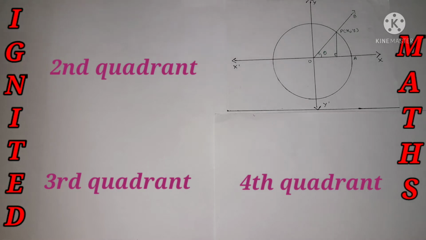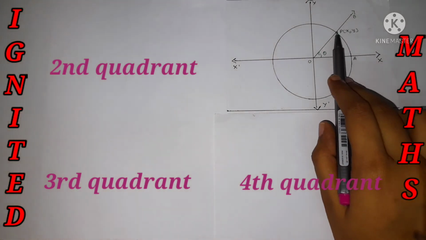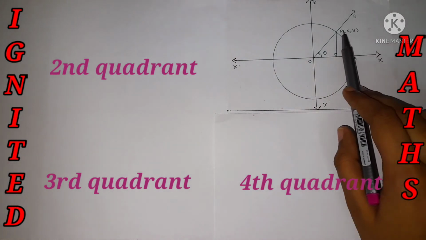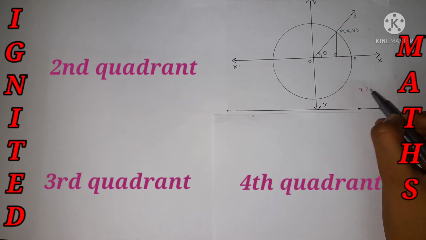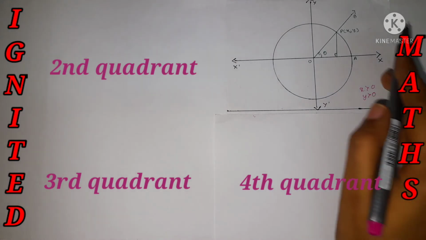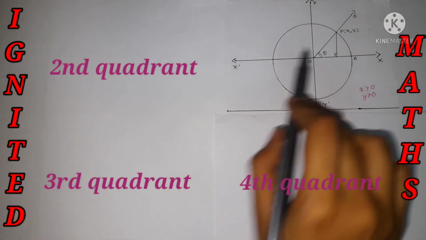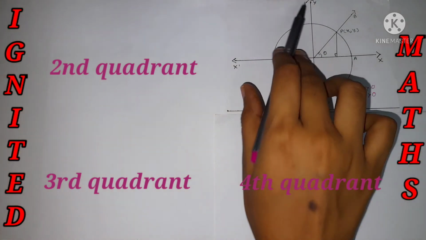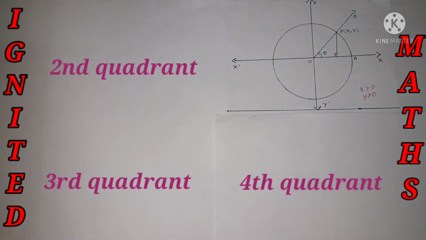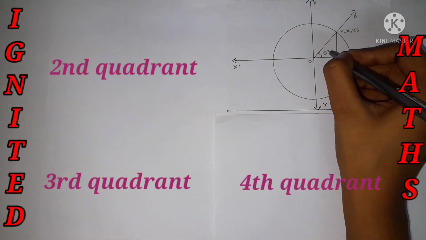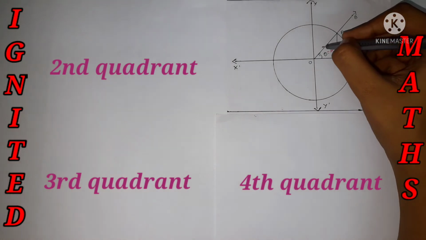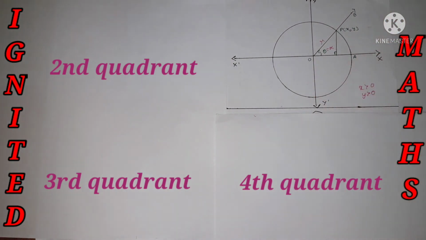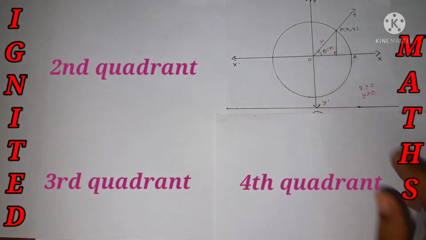Later we are going to study it. Let's get started. Now over here P is in the first quadrant, so the x and y terms of P have positive values. x will be greater than 0 and y will be greater than 0. P of xy lies in the first quadrant, and the theta value lies between 0 to 90 degrees, that is 0 to pi by 2. So the theta value is equal to alpha, and the mod value r is equal to root of x square plus y square. That will be the same, but theta is equal to alpha.